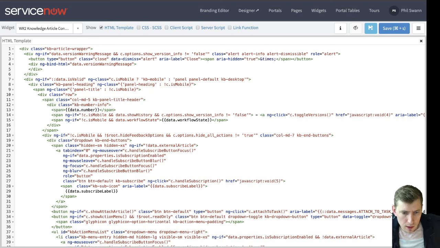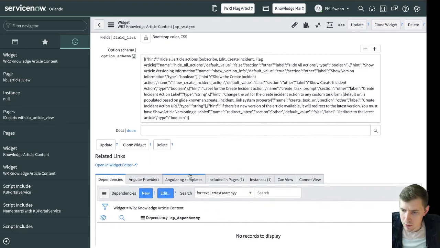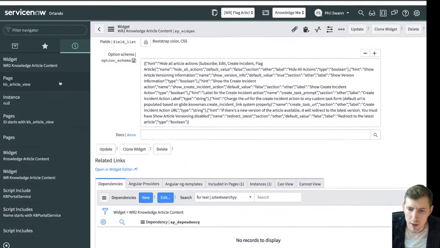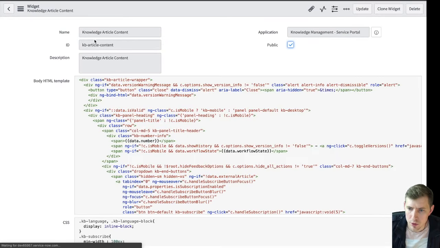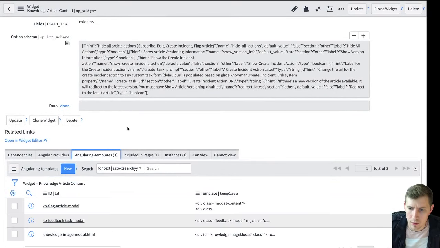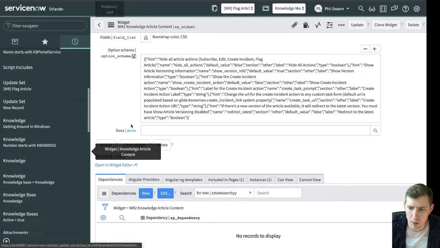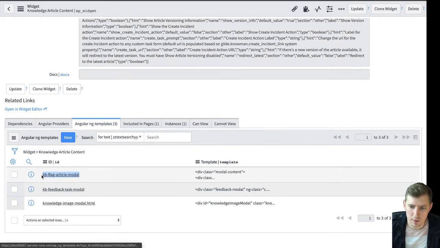Is there any ng template assigned to the widget? It pops up a modal. You need to have an ng template assigned. Even if you clone the widget, you need to set up the relationship manually. You see, we've got the big guns online. So let's compare that actually, Raf. Good, very good shout there. So the original, if we look down here, all the way at the bottom, we've got 3 Angular templates. If we look at my clone, we've got none. So therefore, and that's the, if we look at the error,